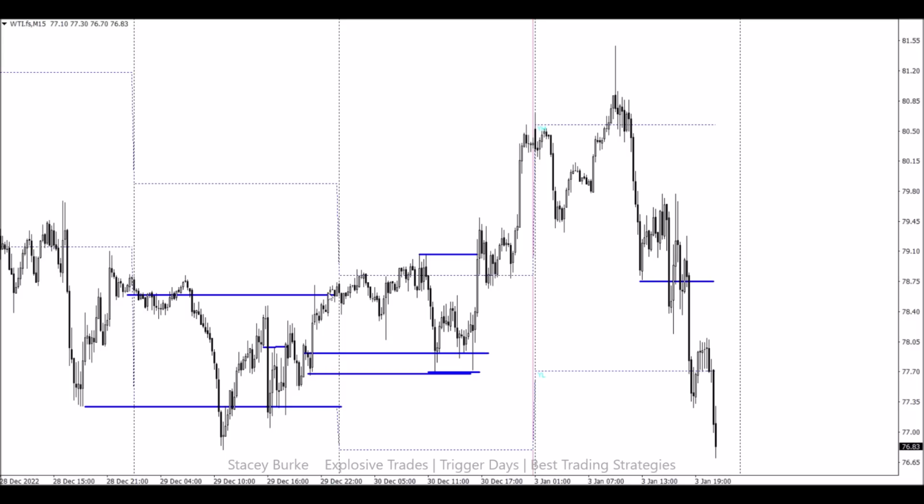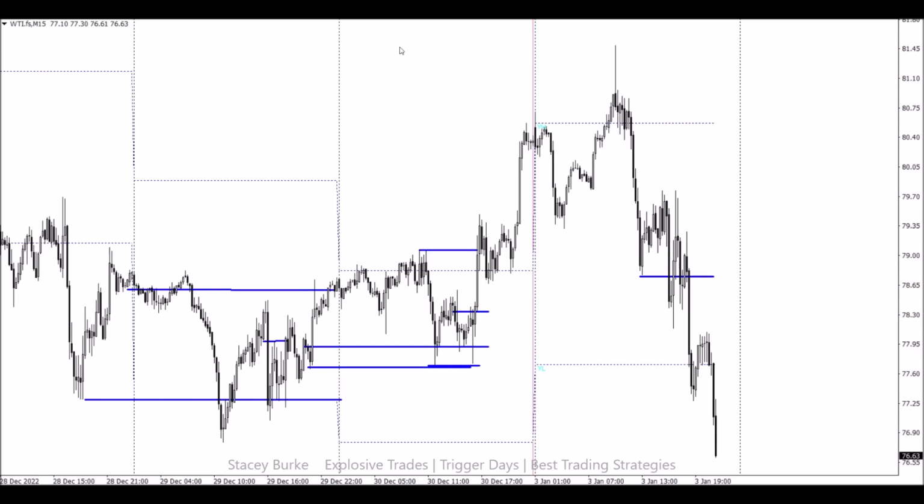This is day 1. Day 2, we measure down for a potential strike zone. We get a short squeeze, parabolic setup for the long trade in the US session. 1 push, 2 pushes, 3 pushes, and on the smaller time frame we had a parabolic setup. As soon as it went to the low of the day in reverse, that was a long entry. So we have day 1. Day 2,